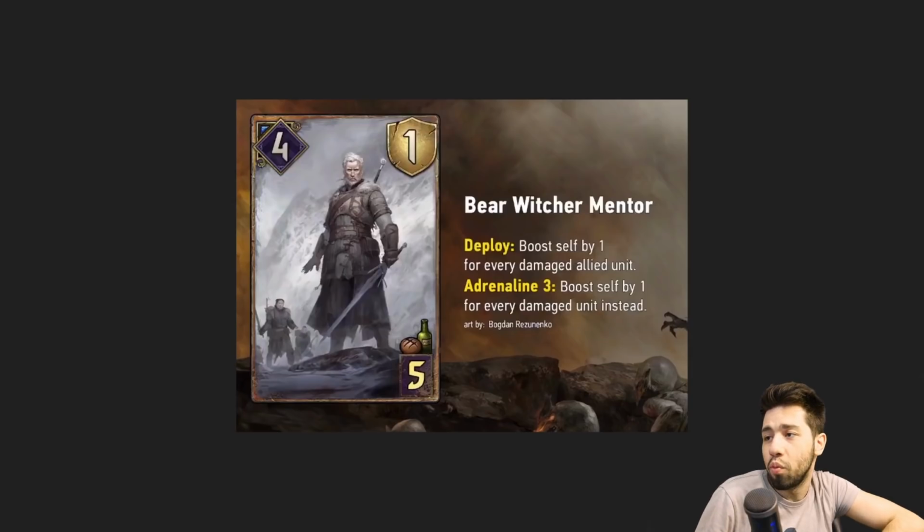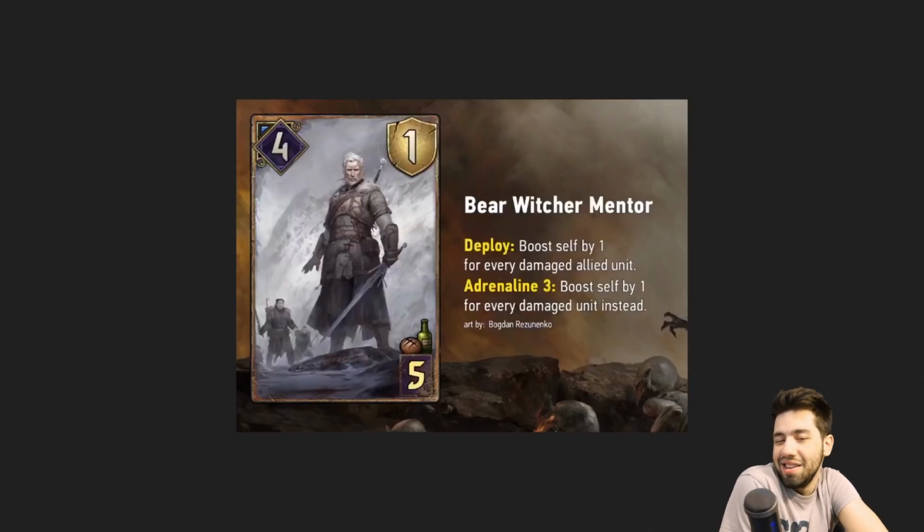And here we have the Bear Witcher Mentor. Deploy: boost self by 1 for every damaged allied unit. Adrenaline 3: boost self by 1 for every damaged unit instead. So this is like the Giant Boar, but you obviously have to have 3 cards in hand for it to trigger. The thing is, the adrenaline here makes it kind of redundant, because in the long run